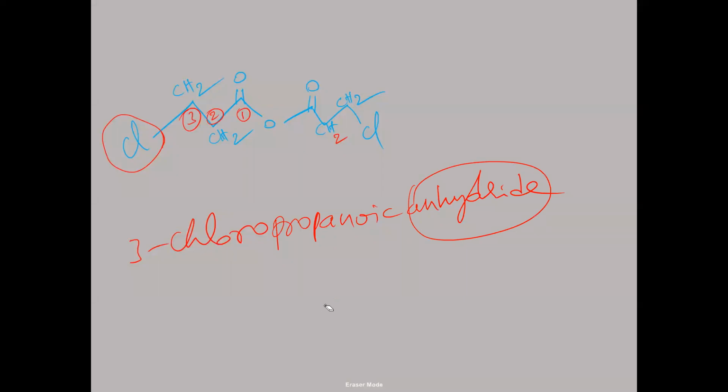So general anhydride means what should be there now? CO should be there here. So yeah, CO. CO should be there. This is the anhydride group here: CO bond, O bond, CO. So any one carbon, this carbon or this carbon, we have to take as number one position. But here, if you take number one here and number two here, we are getting only a 2 carbon chain.